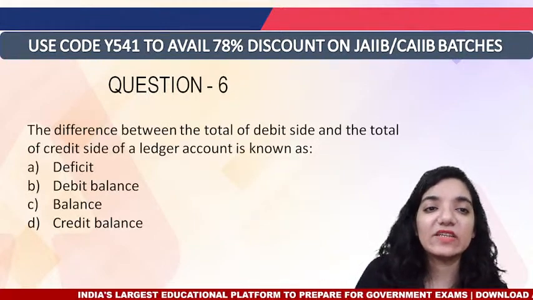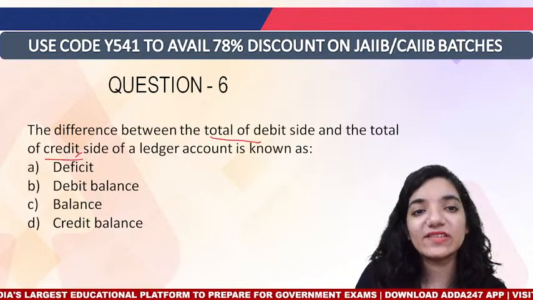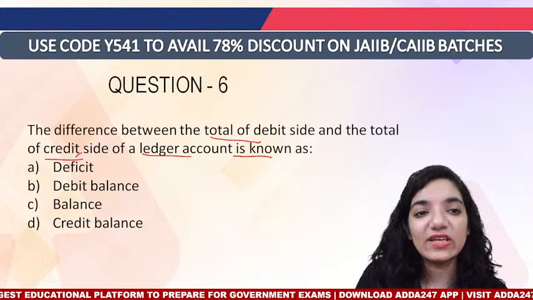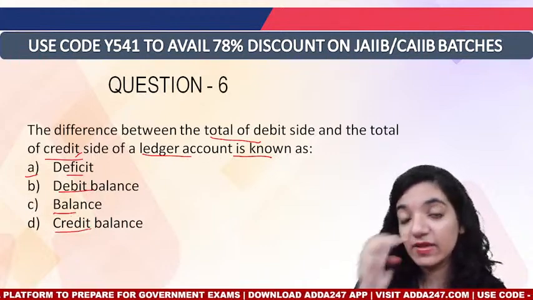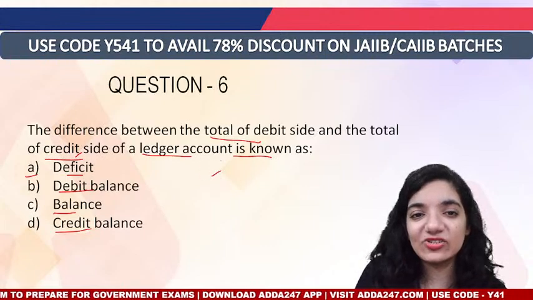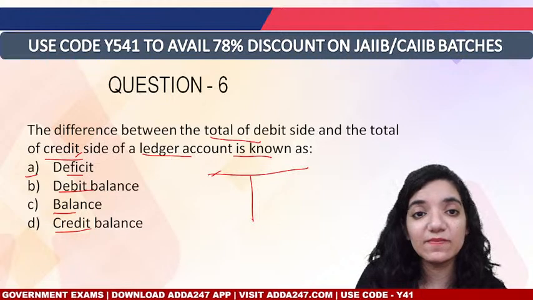Okay, the next point. The difference between the total of the debit side and the total of the credit side of a ledger is known as: a deficit, a debit balance, or a credit balance? Now this is basically a little trickier question. It's a very basic question. What happens is,